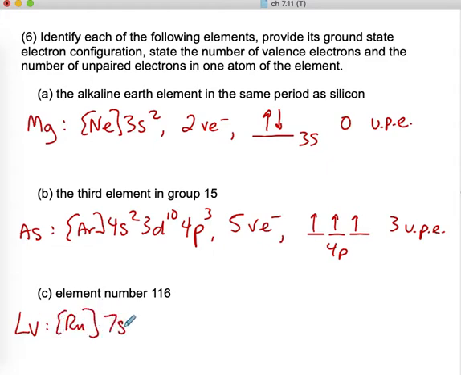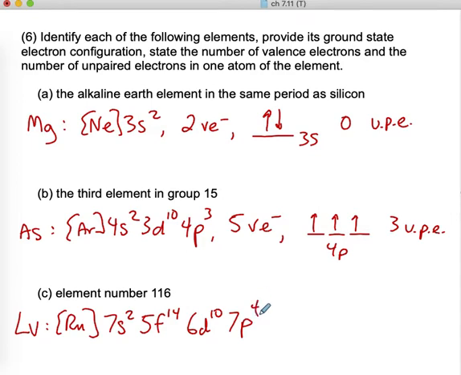After radon, the 7s sublevel fills. We jump down to the 5f sublevel corresponding to the actinides, and we completely fill that, 5f14. We then jump back up to the 6d sublevel and completely fill that, 6d10. Then we continue into the 7p sublevel, and to get to element 112, Livermorium, we need to put 4 electrons